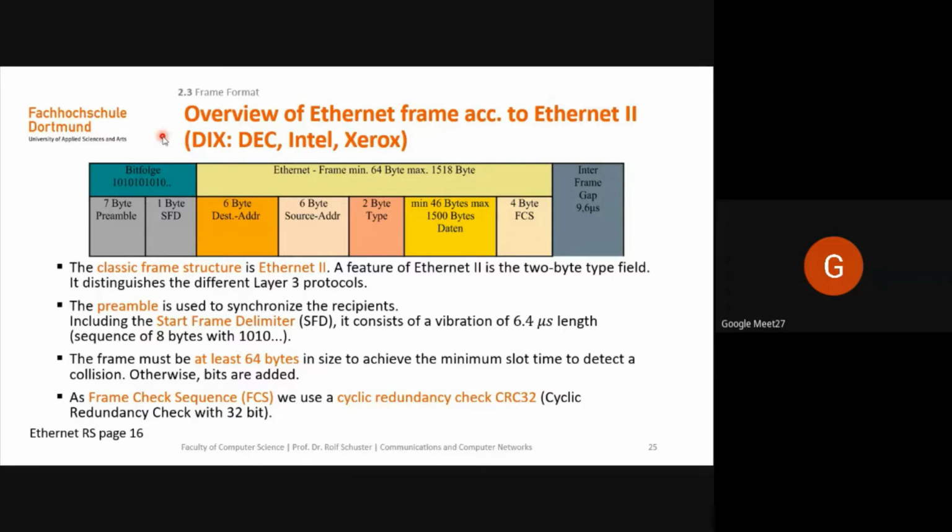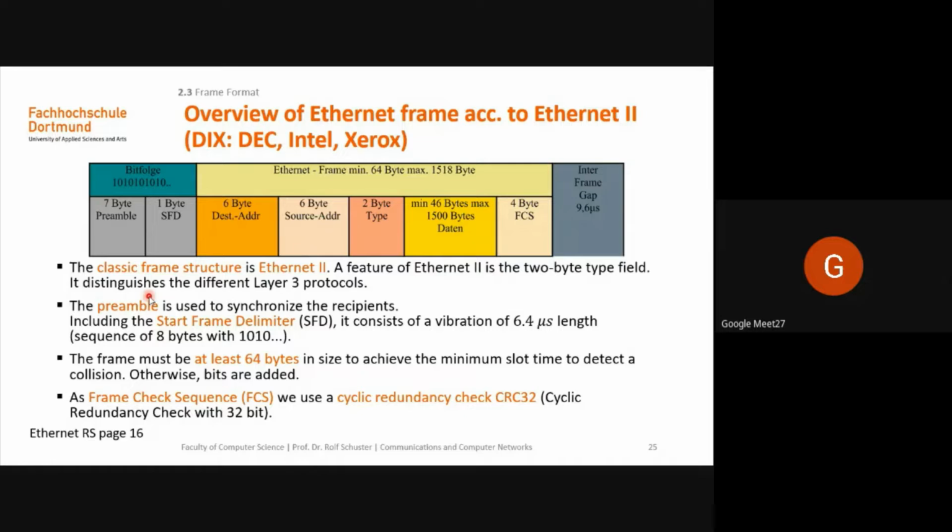One is the Ethernet 2 format. That format of the frame was defined by DIX, that is Digital Equipment Corporation, Intel and Xerox, in the 70s. And in this case, we start transmitting from the left to the right. That is, the first bit transmitted is this one, and the last bit transmitted is this one. The first bits transmitted